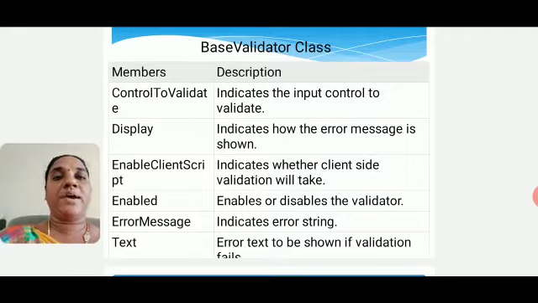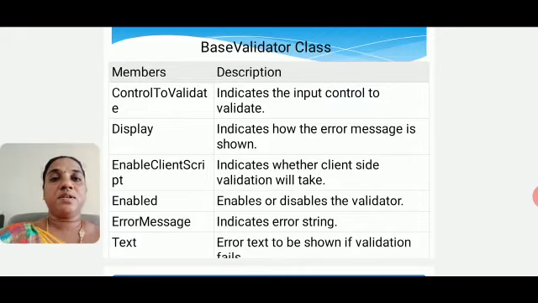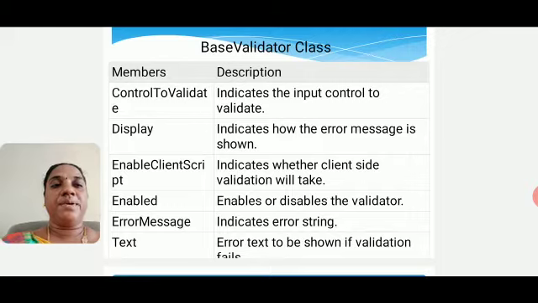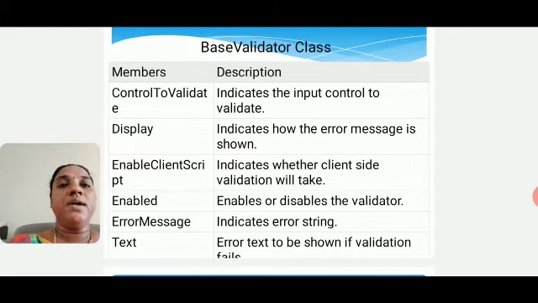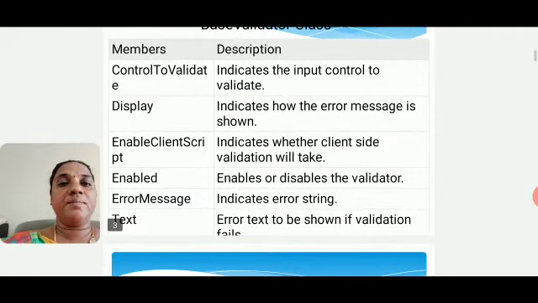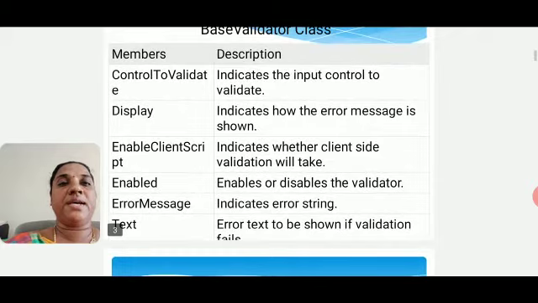Enabled will specify whether we want to enable the validator or disable the validator. ErrorMessage indicates the string. Text is what you want to display as the error message. So that will be given by the text.